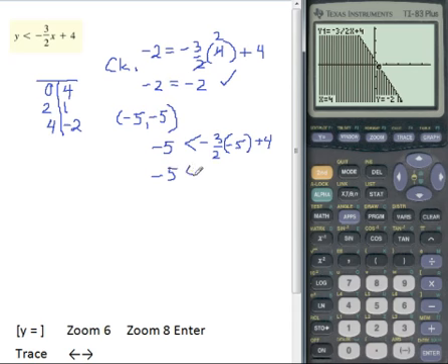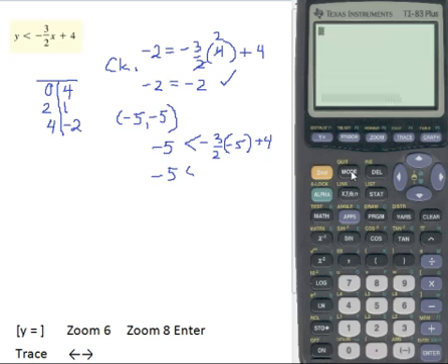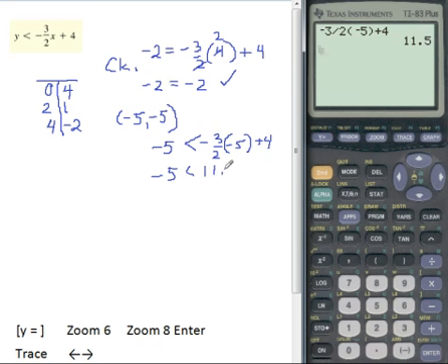-5 is less than, and on your calculator you can just go to second quit and enter this value, -3/2 parentheses -5 plus 4, enter, and you get 11.5, and that's certainly true. So you know you've got the right side of the line shaded. Every point over there is going to make the inequality true, and you also have points on the line, and the line accurately